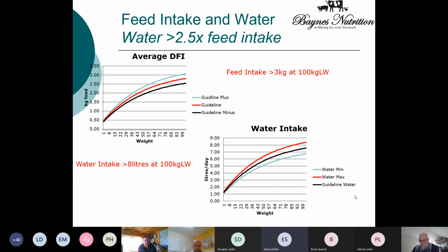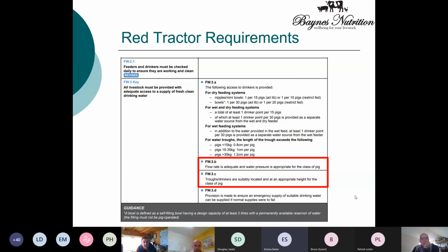So moving on from that, we have the Red Tractor requirements here, which